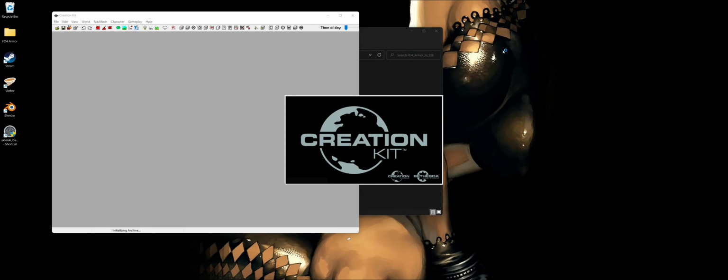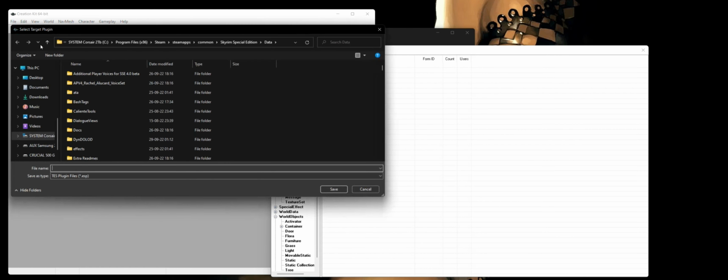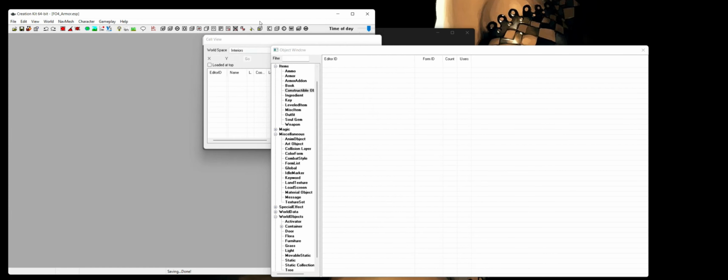Let it load, and when it's open, there we are. Just save. Don't do anything, don't load anything, just save your ESP in your Skyrim data folder, the data directory of your game. Call it what you want to call it. I'm just gonna call it again FO4 armor, and save your ESP.